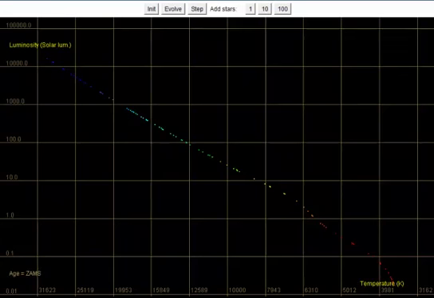I'm going to show you just a couple simulations to illustrate the power of an HR diagram. So as you saw before, an HR diagram is really a graph of the temperature on one axis and the brightness or luminosity of a star on the other axis. And so every star in a cluster would fall somewhere on this graph. It has a certain brightness and a certain temperature.